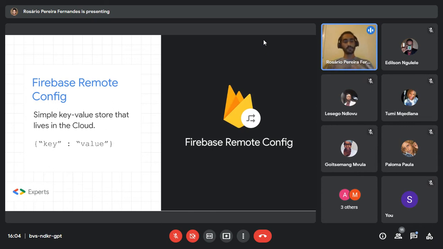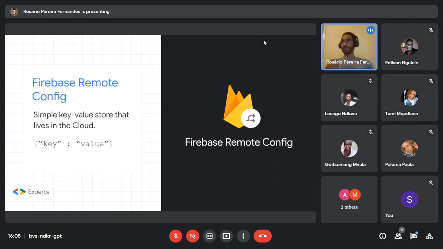Basically, remote config is a simple key value store that lives in the cloud, which means you can store some data that looks like this example here, where you can see a key and then a value assigned to it, and you're gonna leave it on the cloud. So you're gonna leave it on Firebase. Why would you do that? In cases where you need to maybe customize a certain aspect of your app, and you might need to change that value often. So you don't want to maybe like send a new update to the Play Store for the user to have that thing updated. You want it to be done like in the same version that the user already has.